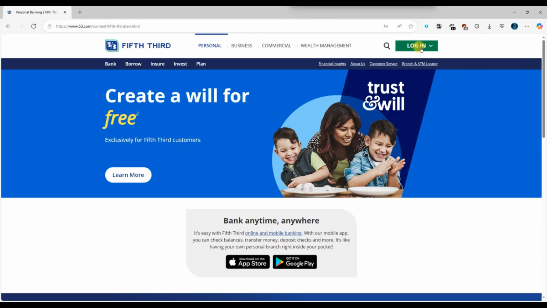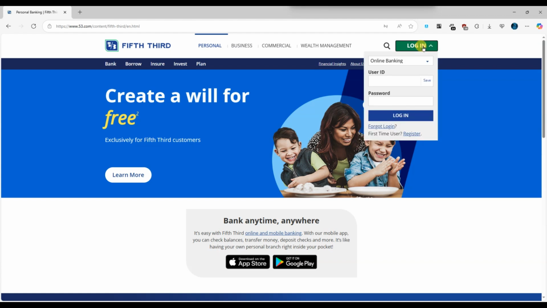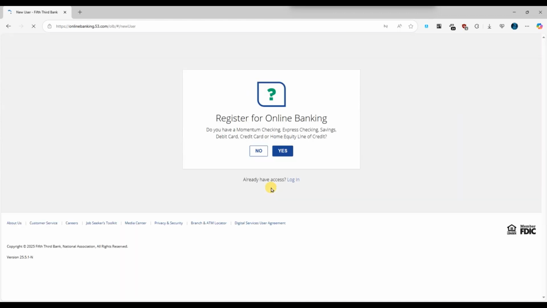You will see a login button. Click on it. At the bottom of the login form, you will find an option that says First Time User Register. Click on Register. Next, the site will ask you to confirm whether you already have an account with Fifth